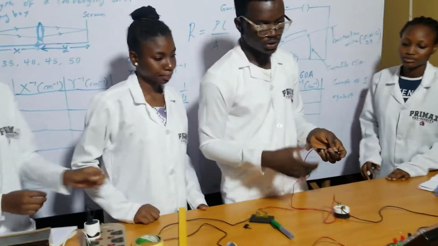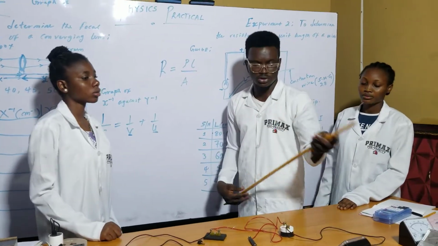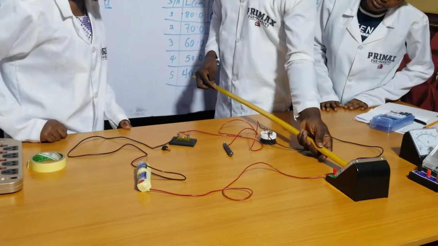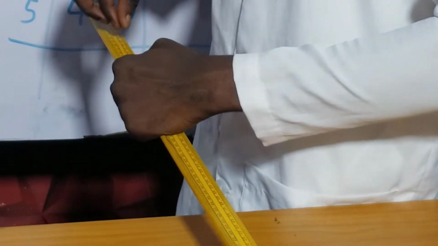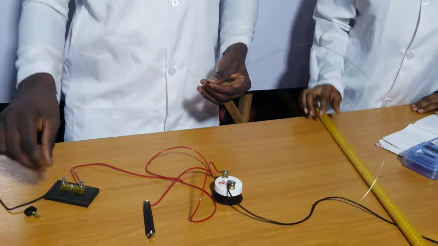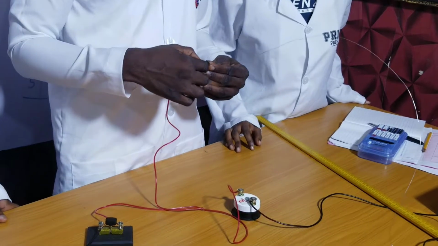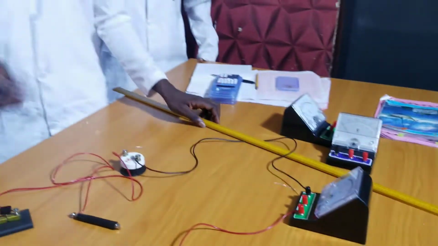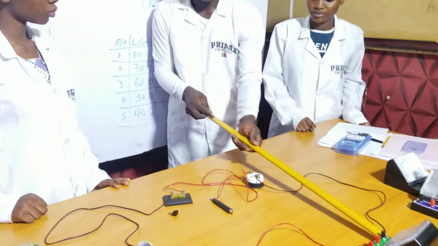So let's check this again. We remove the key. Let's check this again at that 80 centimeter to just ensure accurate results. Always remember to remove the key when you are carrying out your experiment. So let's check the 80 centimeter again. This is the 80 centimeter, right? Maybe it was that 80 centimeter I placed it the other time. So you plug your key, then you check. So that is 0.8 A. Let's now check at 70 centimeter. Let's remove the key first. So at 70 centimeter again to see.